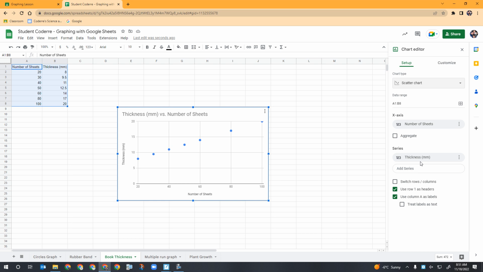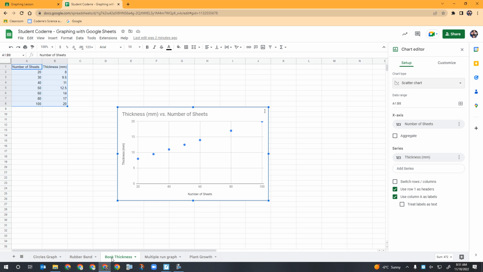Yeah. Diameter and circumference. Yeah, you have to scroll ahead. It's not the first. See right down here? You have circles graph here on the bottom. Circles graph, rubber band, book thickness. I don't see it. Look down the bottom. Oh,